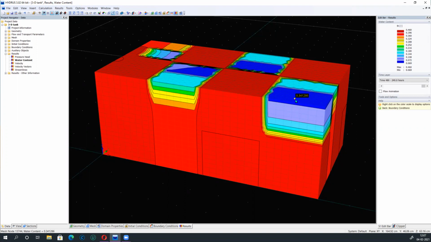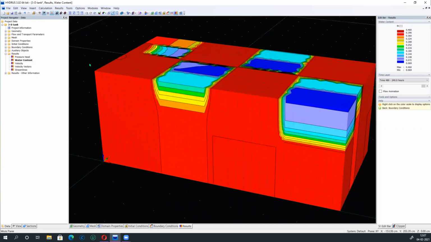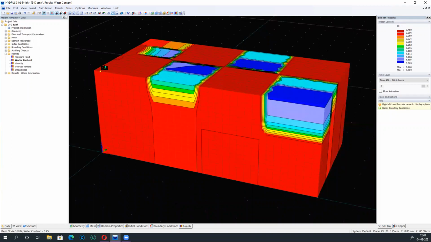That is why the water content here is lower at the 240 hour, even though we have given the constant head boundary condition, because we have applied the drainage boundary condition here. Because of gravity, flow first will go down and then it will flow parallel. So you can see that we are able to simulate the 3D block also.